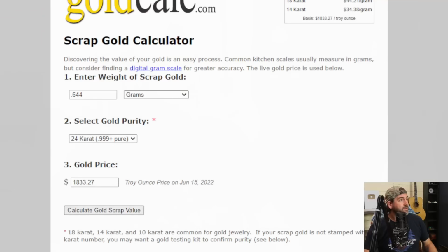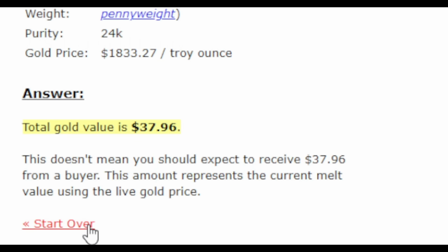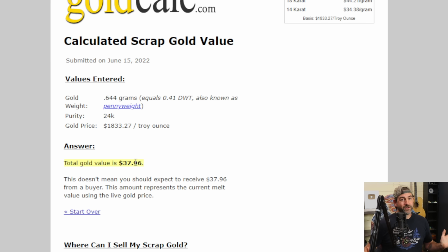All right, let's see what this gold is worth. Today's spot value for 1 troy ounce of gold is $1,833.27. Okay, it says Colorado's best pay dirt,